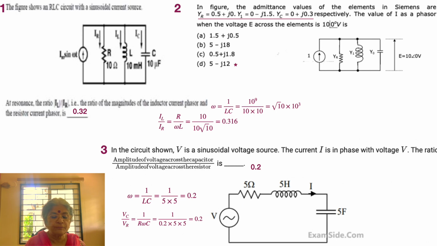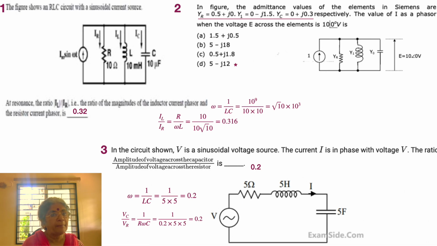What is asked is the ratio of the amplitude of voltage across the capacitor, okay, so when you are talking about the voltage, the impedance is going to be important, divided by the amplitude of voltage across the resistor. So it's going to be 1 by omega C divided by R, or 1 by omega CR. Of course we need to find omega, so we have to find out